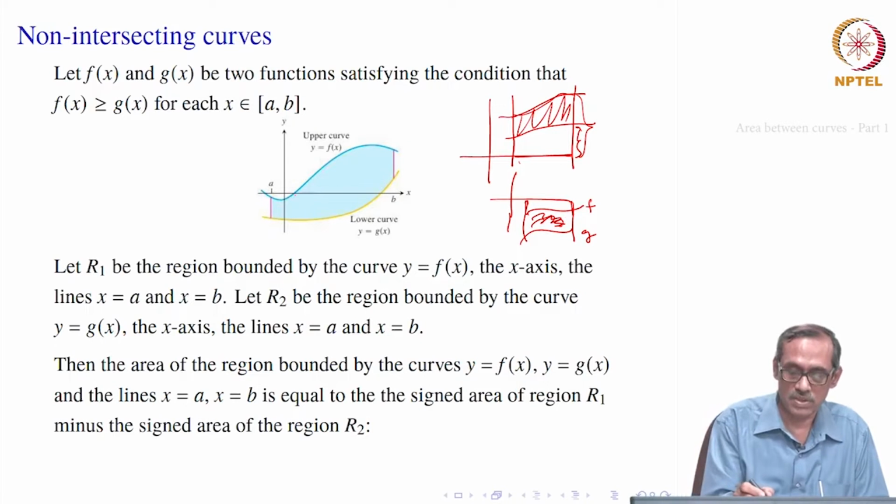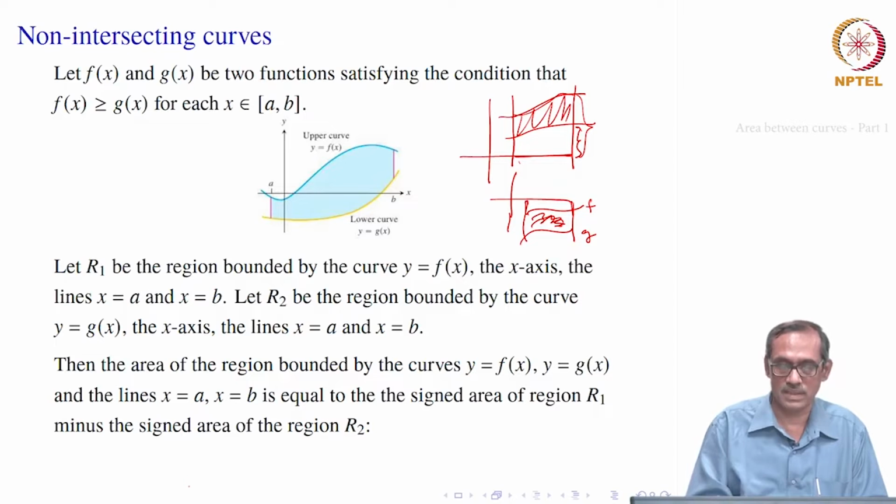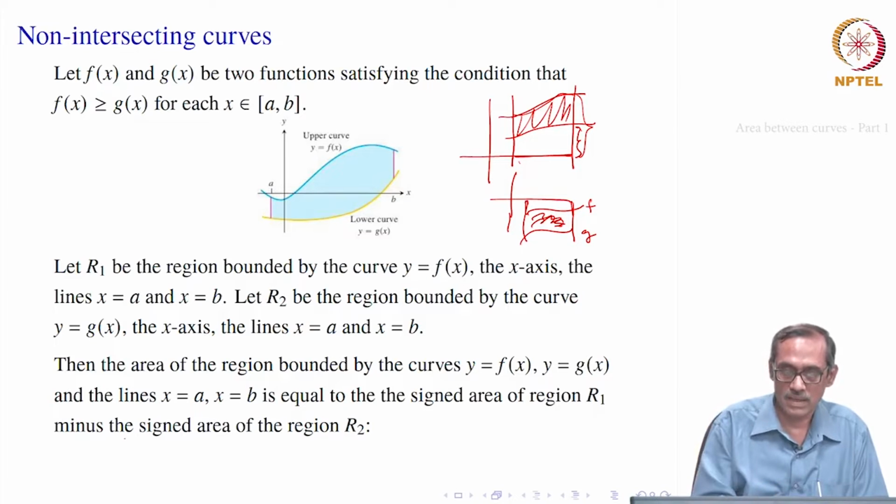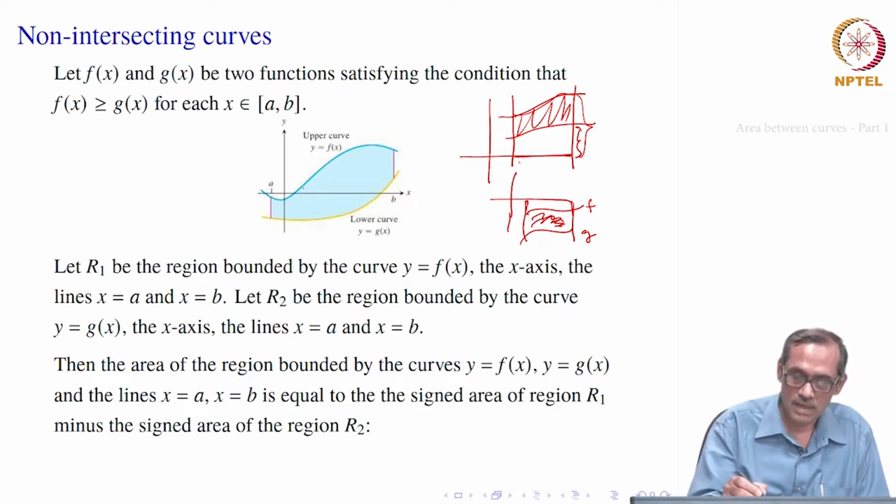So, here in the picture, one of them is lying really below, and it is also going below the x axis. The other one also has some parts above the x axis and some parts below the x axis, but still you can get the area by taking f of x minus g of x, right. So, particularly this area, it is f of x and then here it is g of x. When you take the signed area minus, it will be plus of this, right.